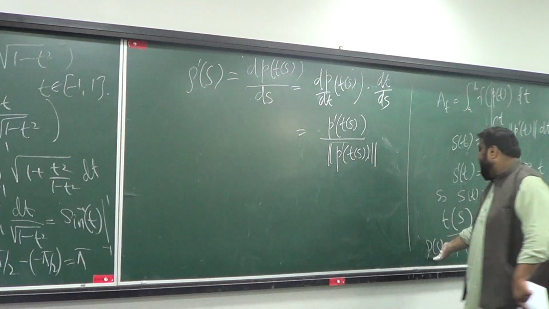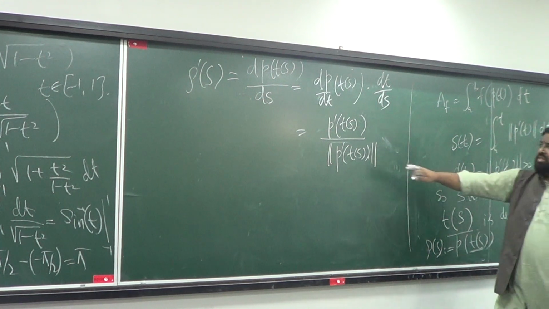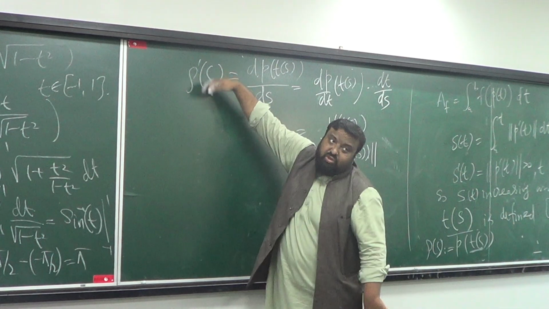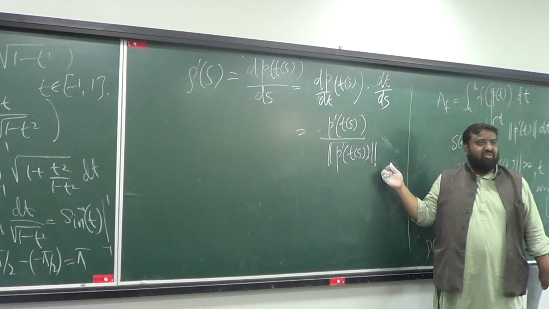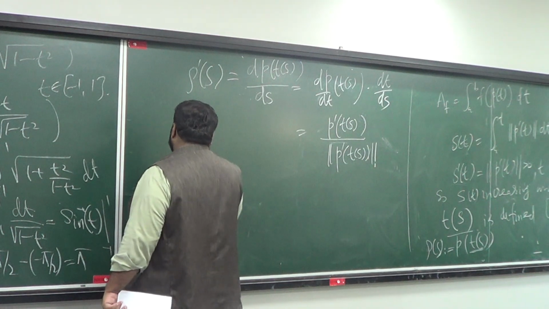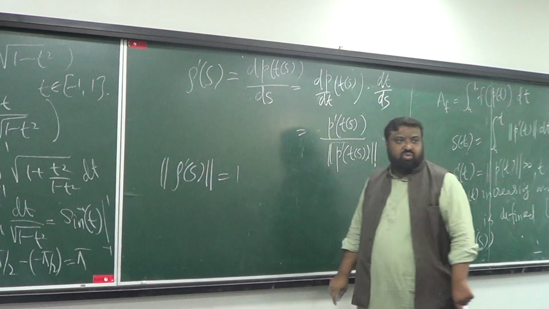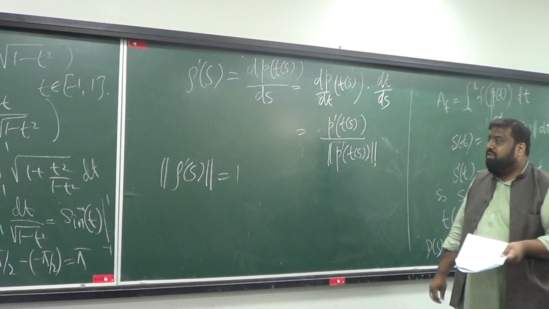So this rho of s is a parameterization of the same curve C, but it is a special kind of parameterization that has unit speed. If you compute the magnitude of it, you are going to get the unit speed. So if you parameterize the curve through arc length, it is always going to be unit speed. Okay? And if it is unit speed,